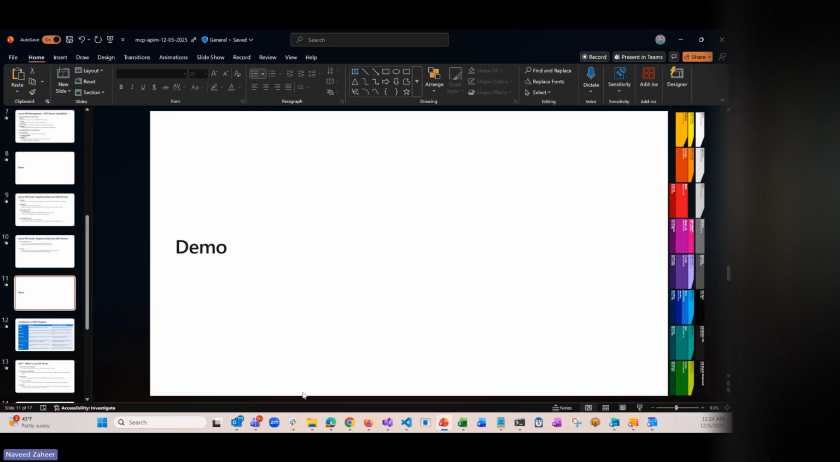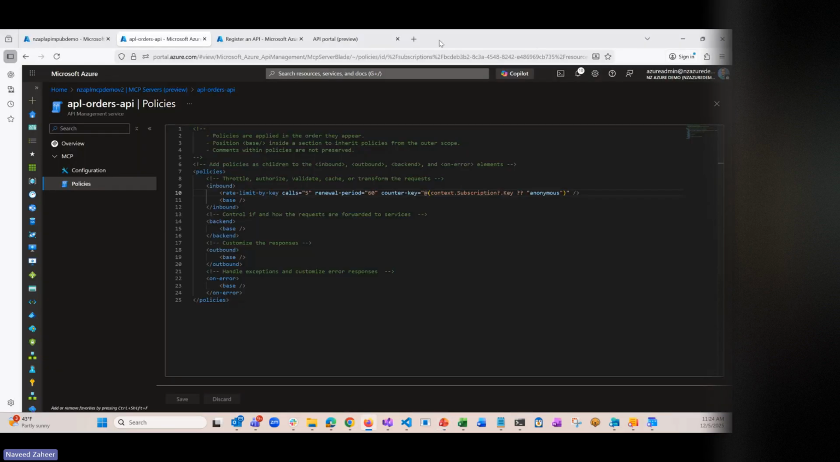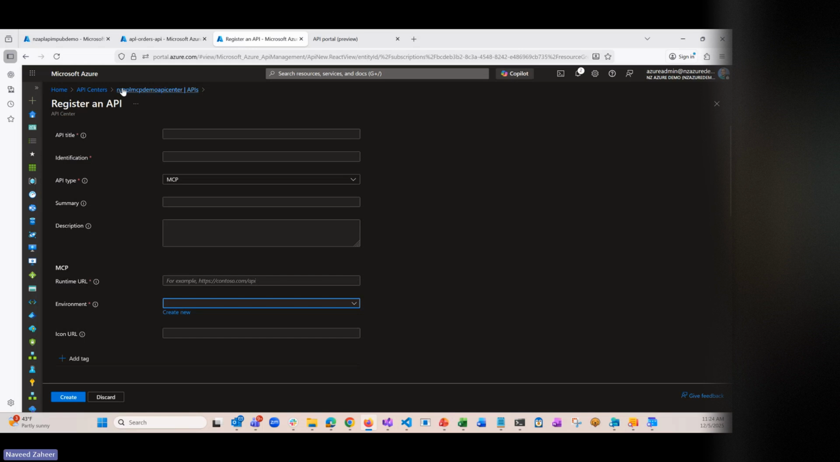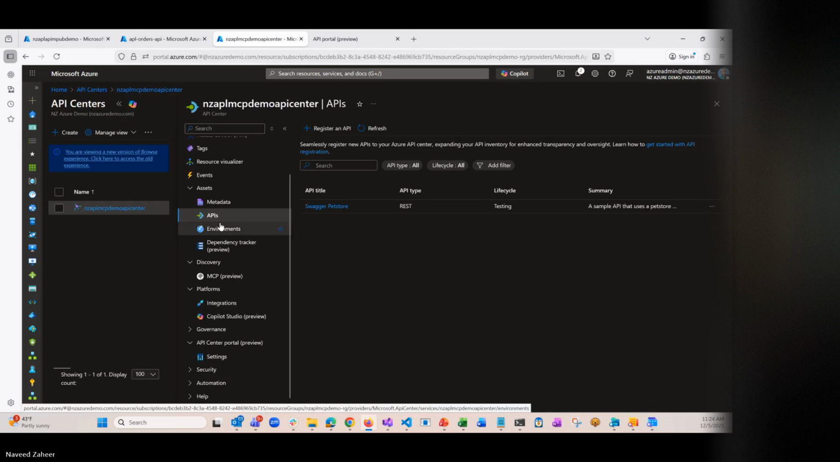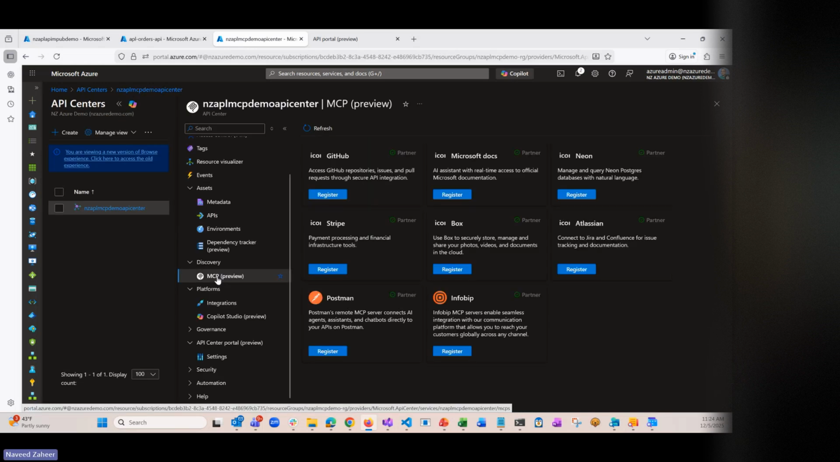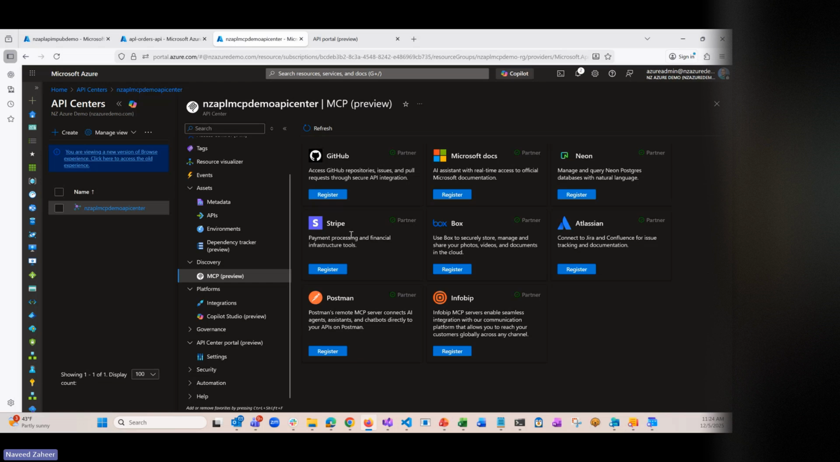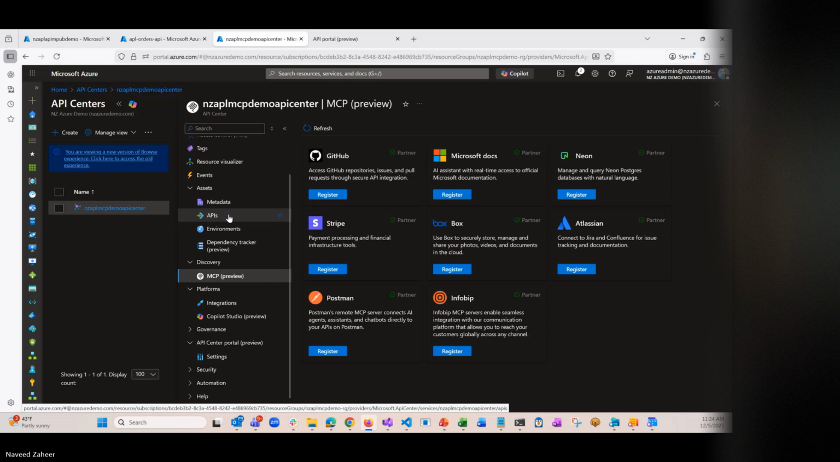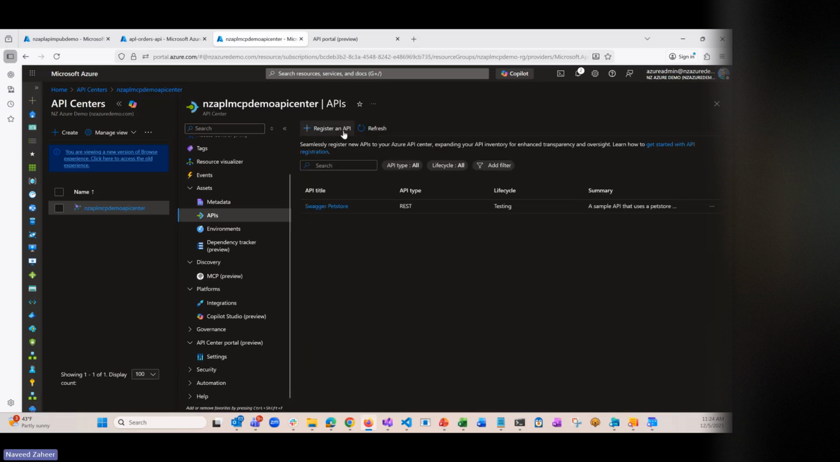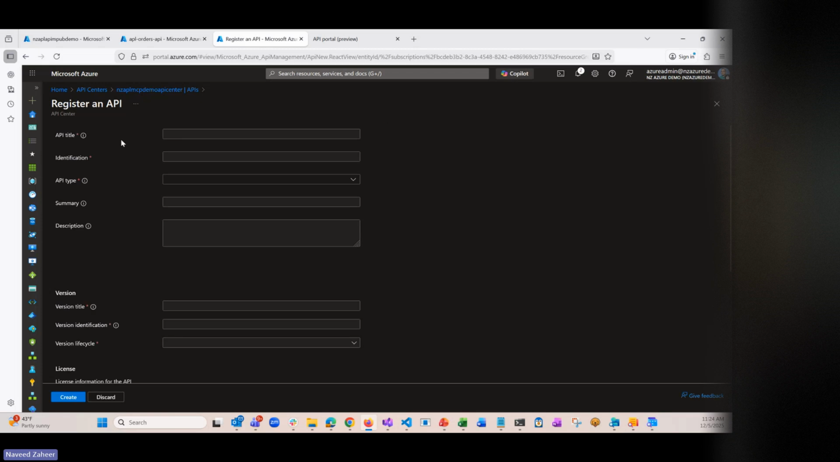So in terms of demo, I just want to show a quick demo here. This is the API Center, and it has API MCP preview. So basically, you can integrate these MCP servers if you want to register, integrate with these services. At the same time, if you want to register an MCP server, you can do that here. I can say this is the API order MCP,